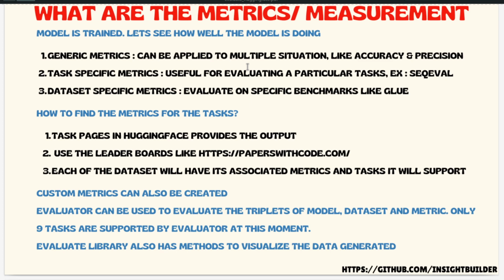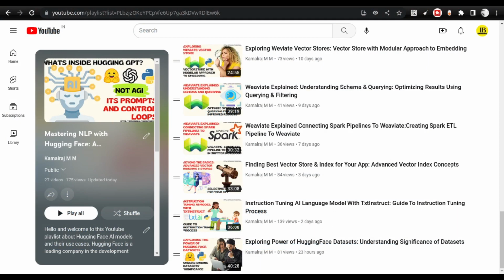How to find the metrics for a particular task? So there are a couple of ways. You can use the task page. If you go to the Hugging Face Hub, then you can use the task page. Let me go to the browser for a moment and let me show you what I mean. So yeah, here